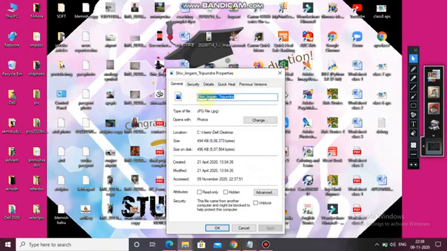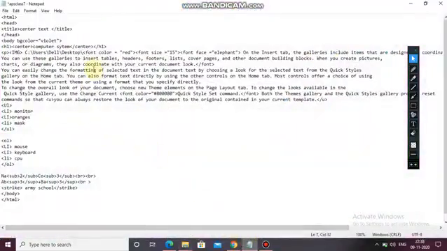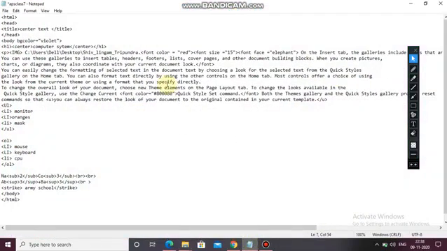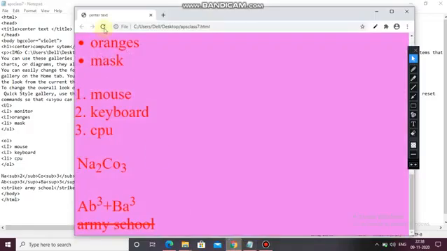Copy, here again paste, dot, the format of the file is JPG. Control S, let's see whether it comes or not.